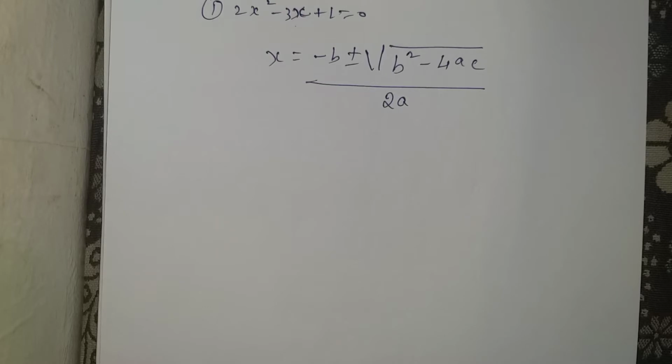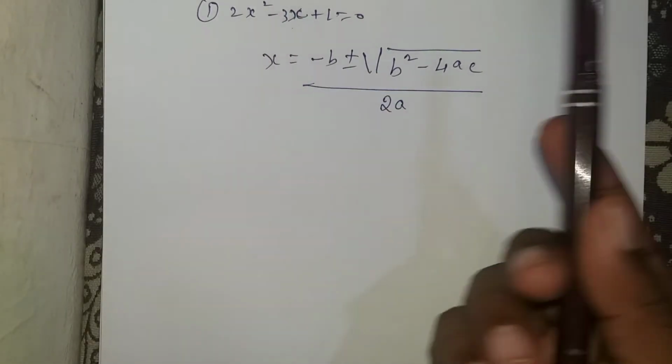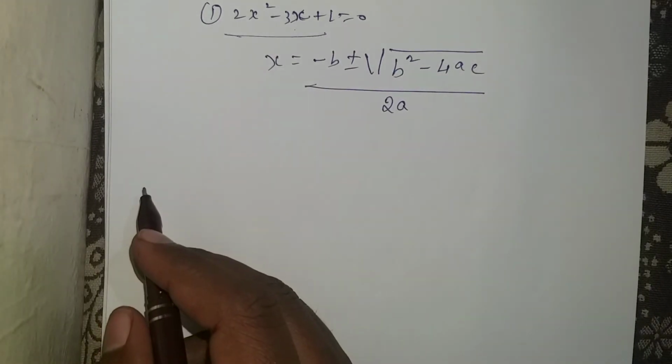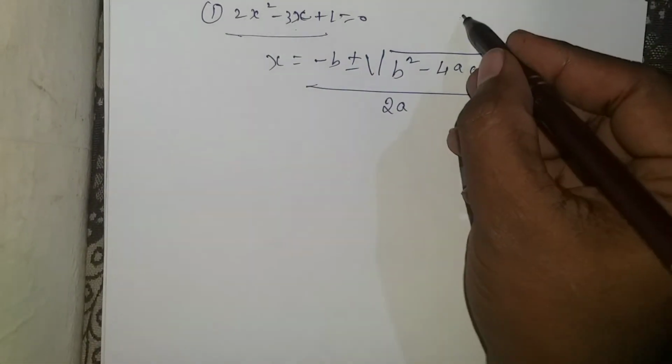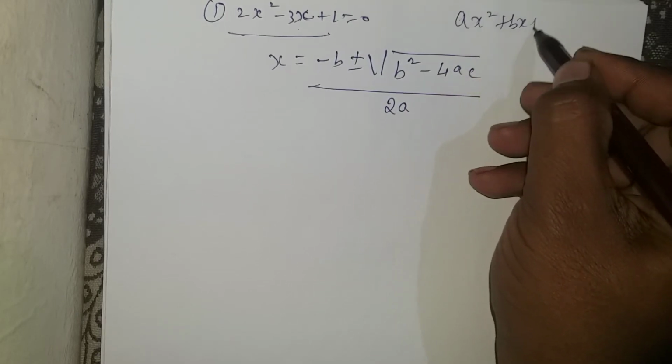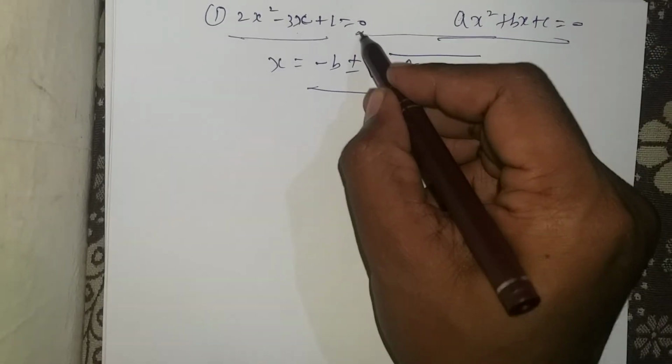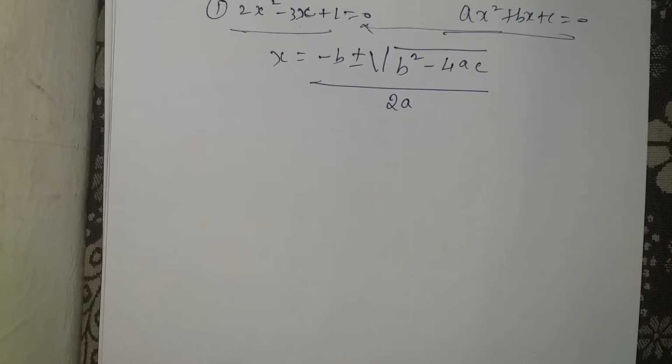Okay, so let's start the class. I told you how to find it: you need to compare this equation with the general form, ax square plus bx plus c is equal to 0. When I compare this with this equation, if any number is missing, you need to put it in. When you study polynomials and quadratic equations, only then will you come to know. So please check my polynomials videos, then come to quadratic equations, and you can easily understand. With polynomials and quadratic equations you will get more than 10 marks, so you can easily score those 10 marks in these two chapters.